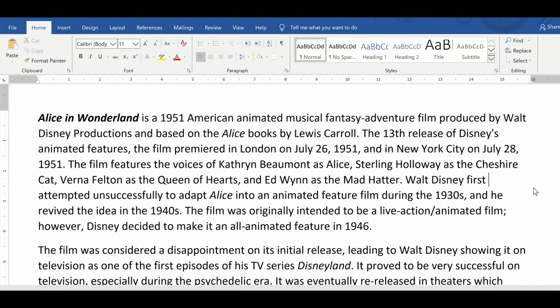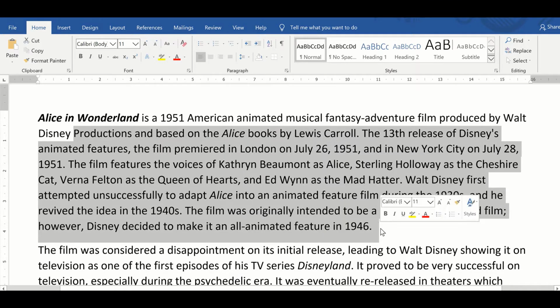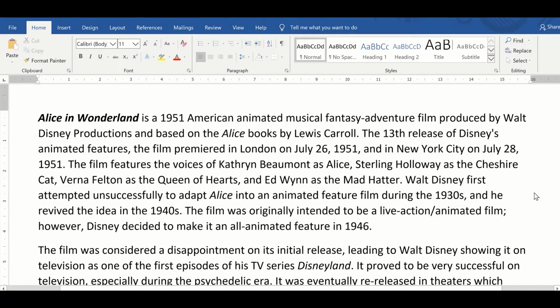To select the sentence, take the mouse pointer to the beginning of the sentence and click the mouse button, or you can hold the control key and select the sentence. To select the paragraph, take the mouse pointer over the paragraph and click the mouse 3 times. To select any part of text, place the mouse pointer at the beginning position and drag the mouse pointer to select the text. In this way, you can select the text, and click anywhere outside the selected text area and the text will be deselected.